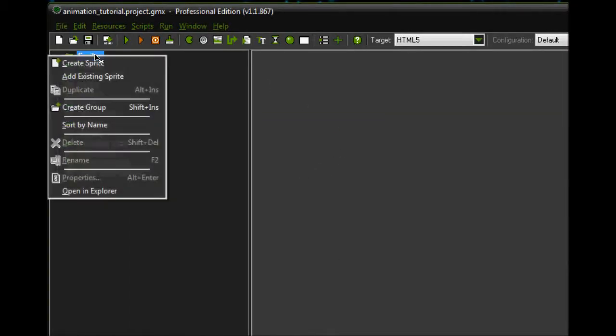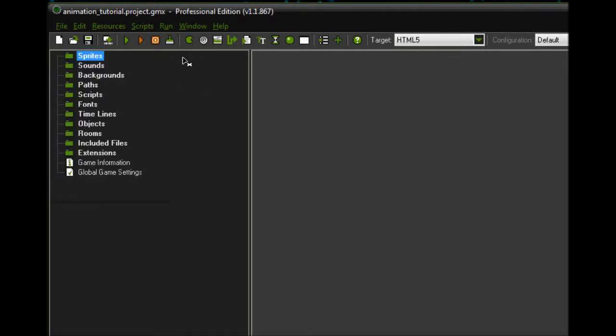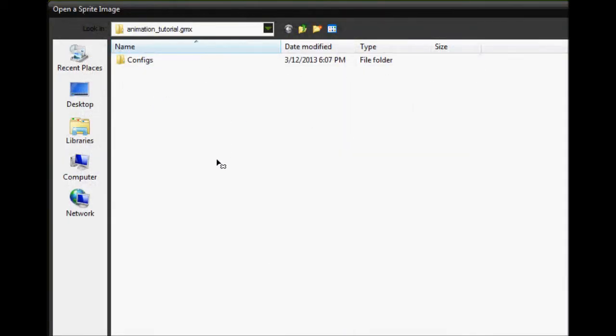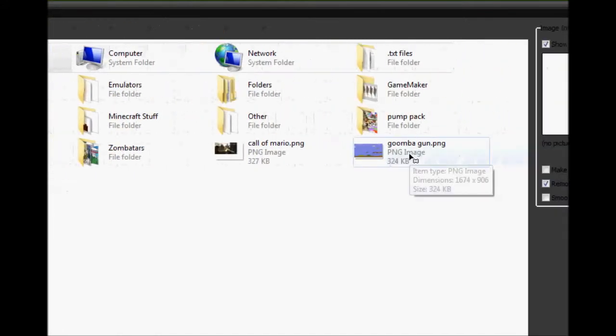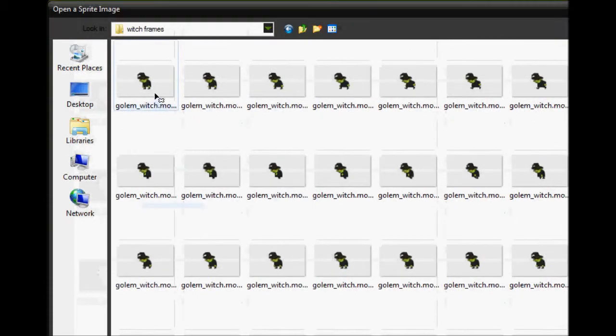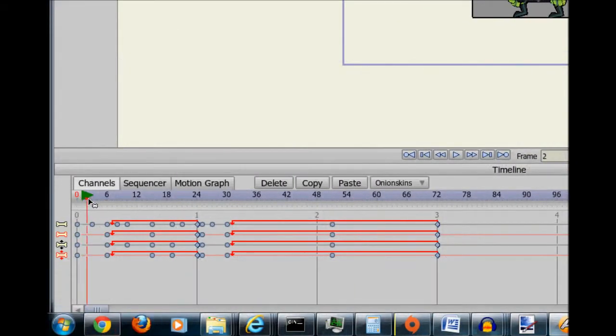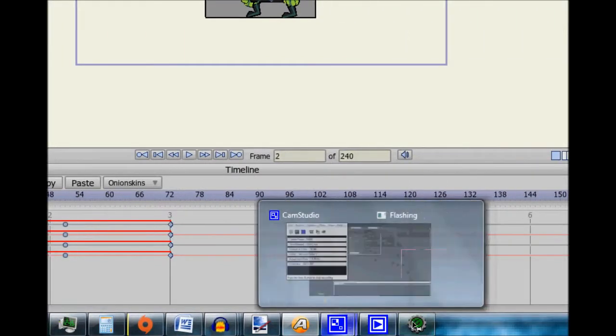Alright, and now once we've done that, here we have sprites. We can either go to create sprite or click this right here. We will call this one sprite walk start. It's a long name, but it's useful for seeing what things do. And now there's the folder. Okay, so now we want to find frames 1 through 6 we need